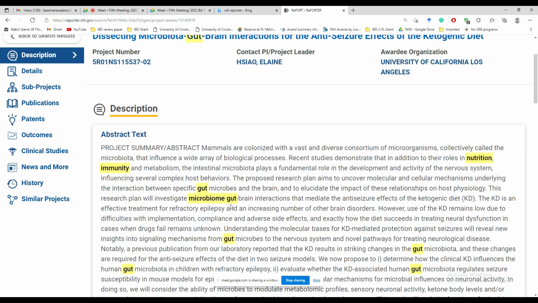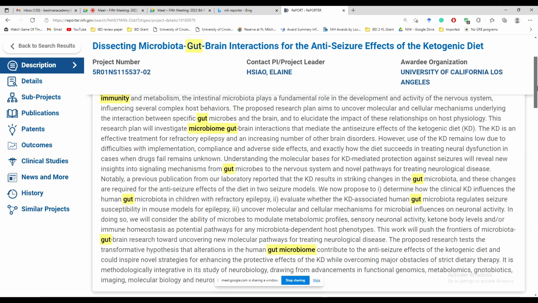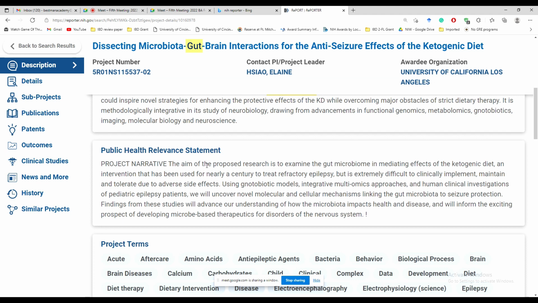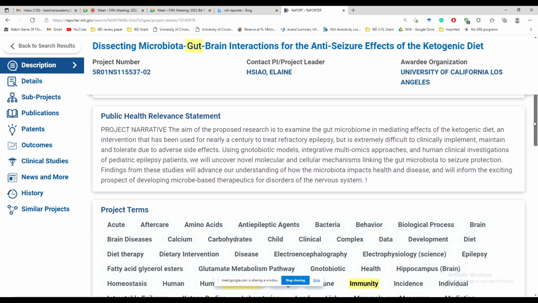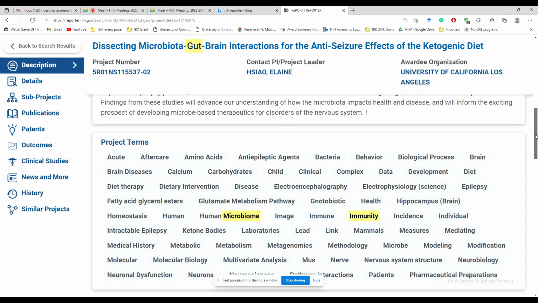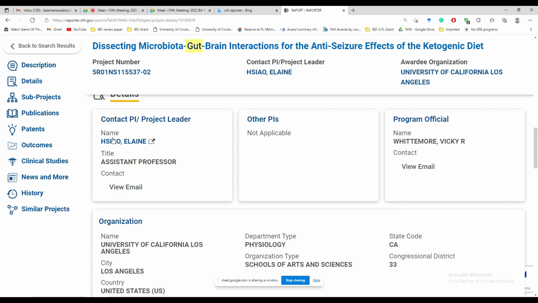Nutrition, immunity, gut microbiome. So this is likely going to be related to what I want to learn or study. And you can see the public health relevant statements. You can use some of these ideas in your cover letter or when you are interviewing with this person. And now you can see the details of the professor,